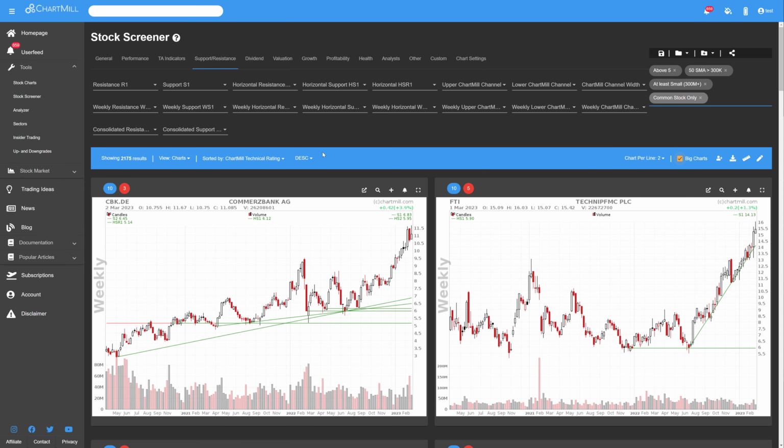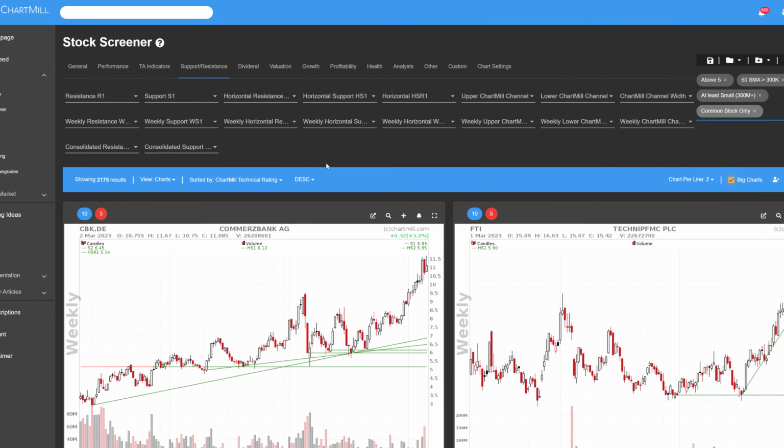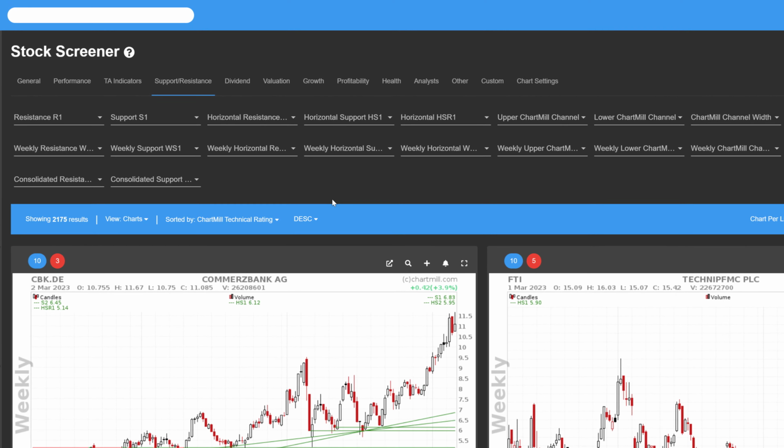So far I have only shown the possibilities in terms of recognizing support levels, but of course you can have ChartMill search for resistance levels as well. The filters for that are resistance 1, weekly resistance 1, the horizontal resistance 1, the weekly horizontal resistance 1 and the consolidated resistance 1. The final option to have ChartMill automatically search for support levels is through the consolidated support